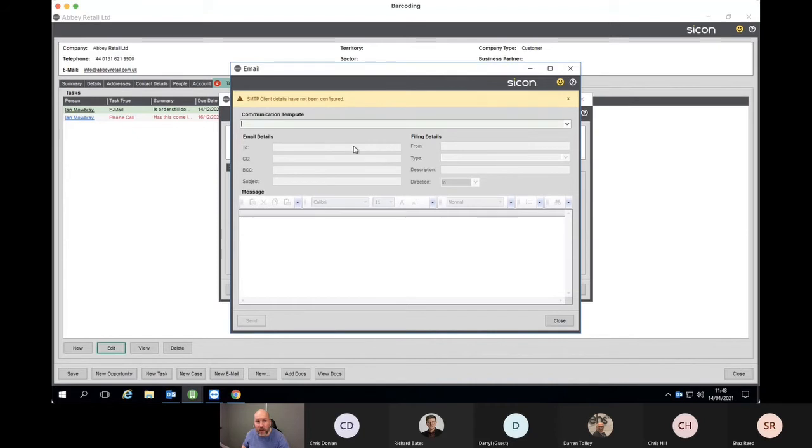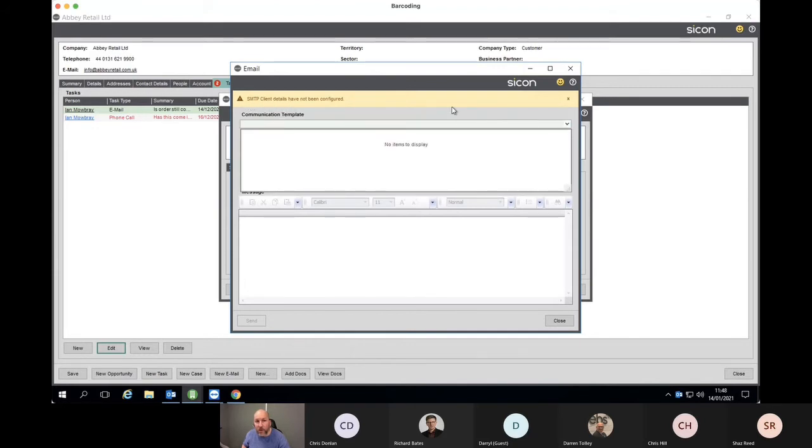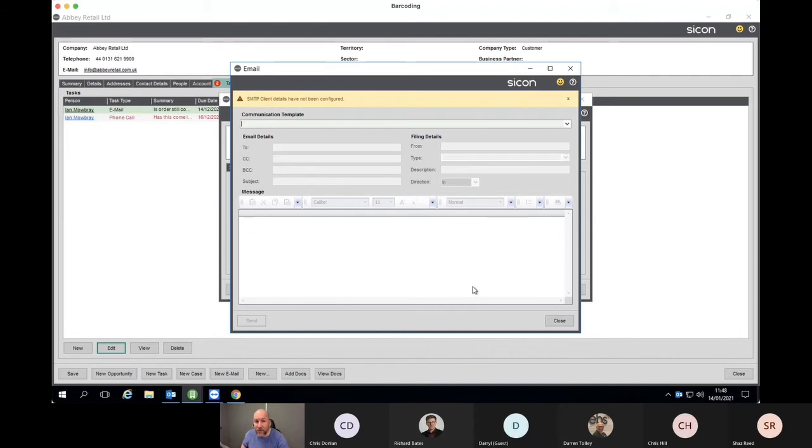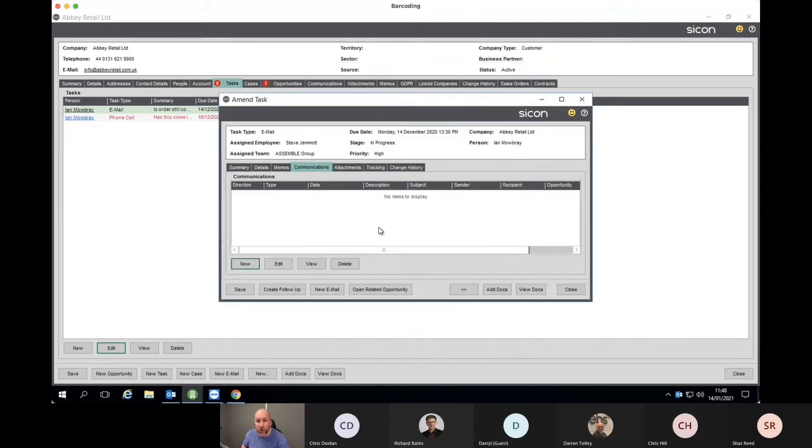So if, for example, it was to Ian, it would say, well, it was to Ian from me, so it's an outbound one. But also being able to, if you've got your email details set up, pull through communication templates and actually send emails out from within there as well to store those. You've got attachments, as you think, so perhaps it could be meeting notes. It could be, if it was a task for, I don't know, credit control,